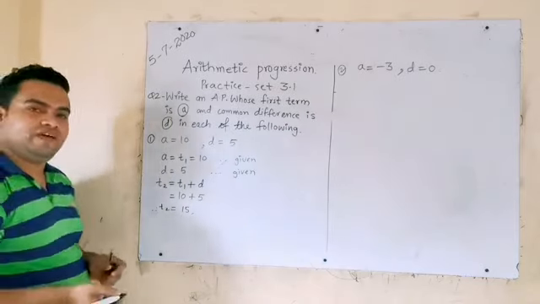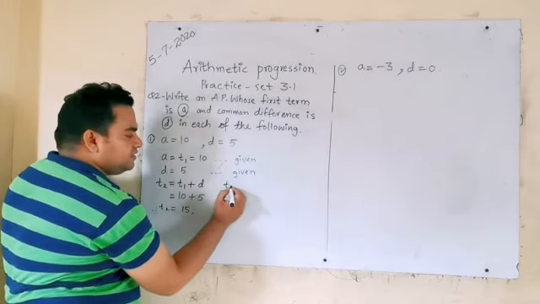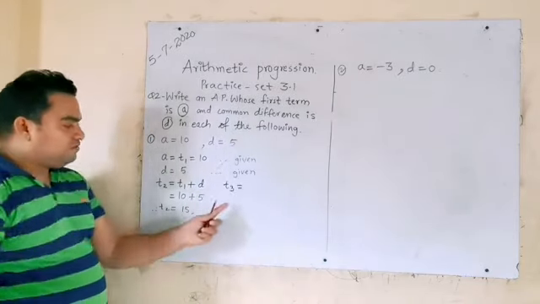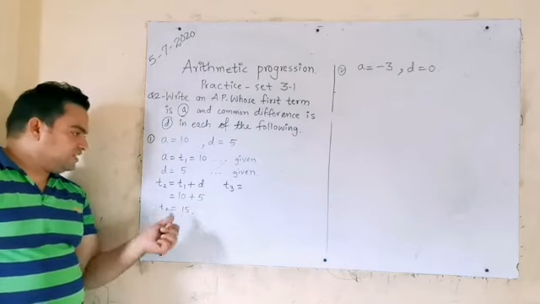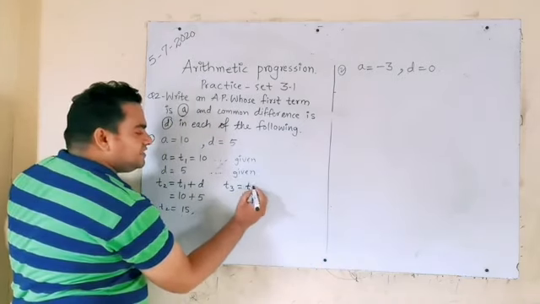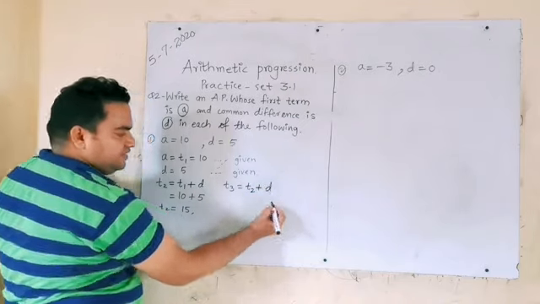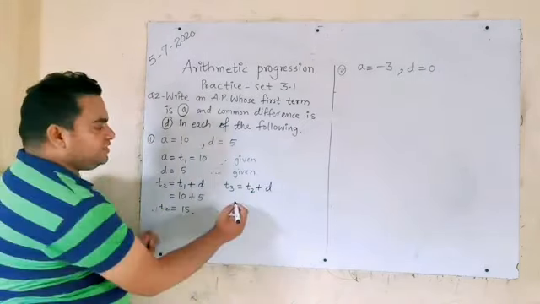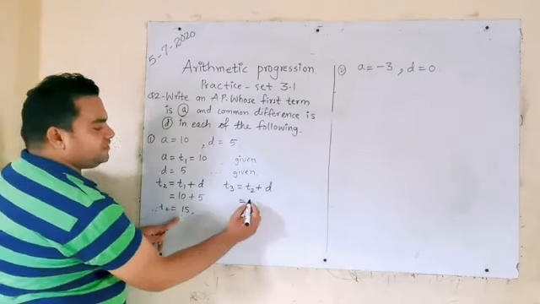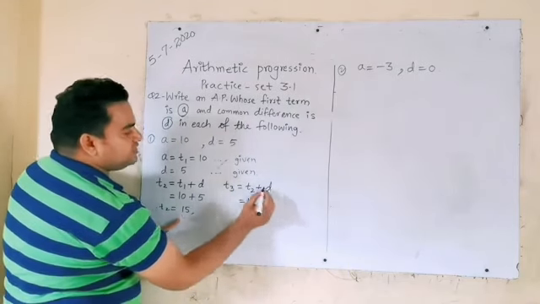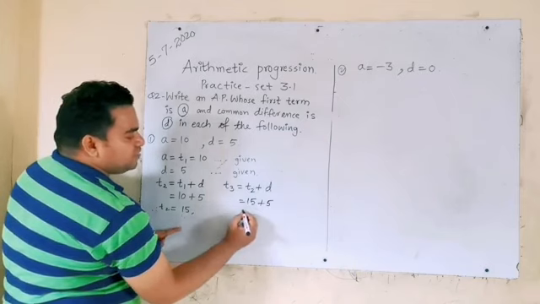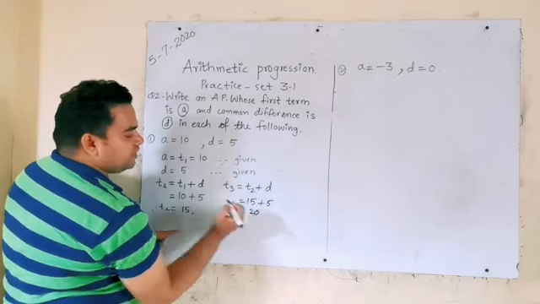Now which term do we have to find? That is term 3, T3. So what will you do? Now you will take the last one. The last one was T2, so you will keep on adding the same constant difference, that is T2 plus d. Is it clear? So T2 was 15 plus the difference given here, 5. So the answer is 15 plus 5, 20.